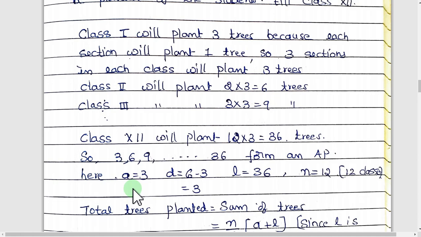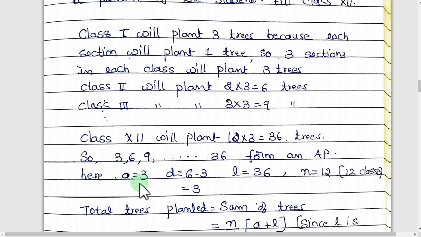The total number of trees itself is the sum we have to find out. To find the sum or a term, first of all we need A and D. If the last term is there as well, then as per the given data we can choose the formula.